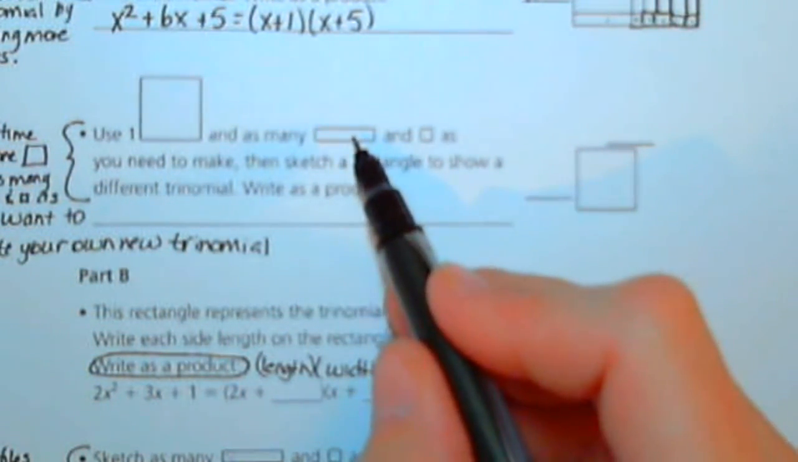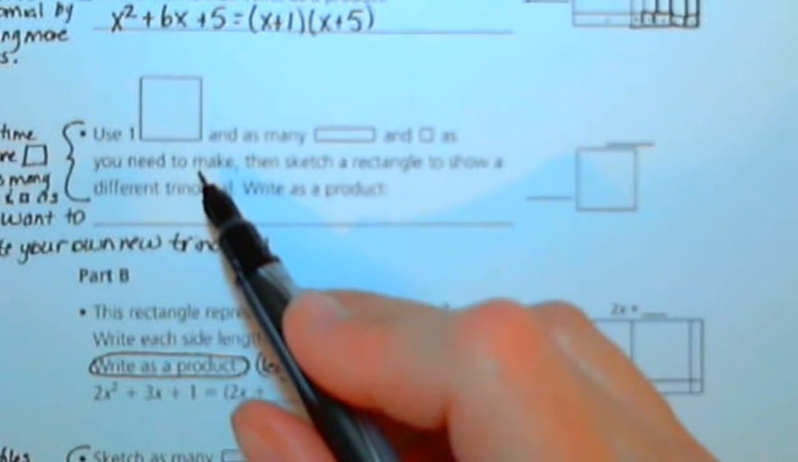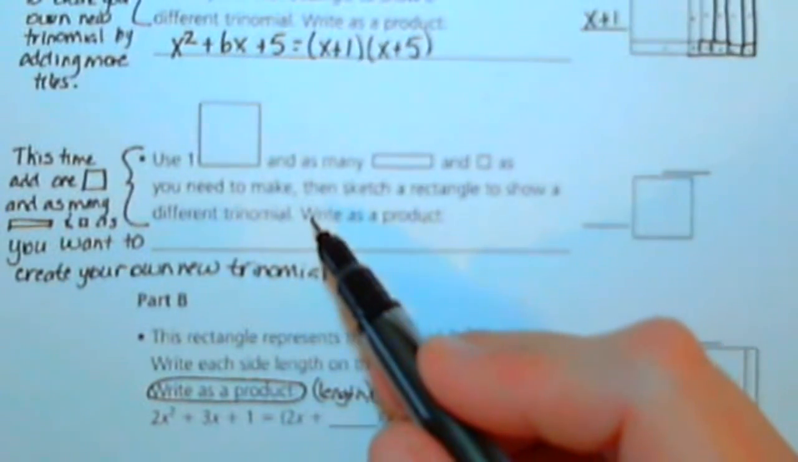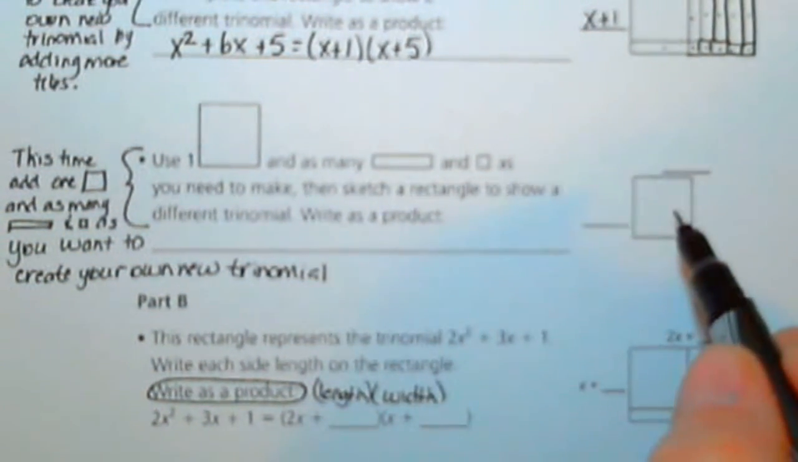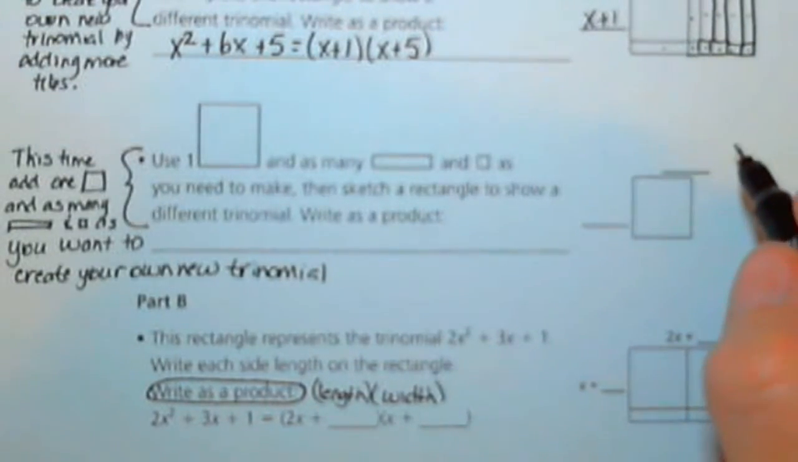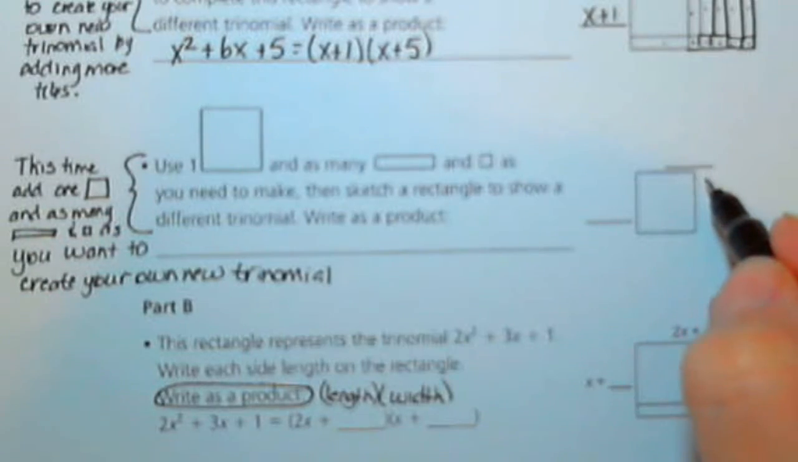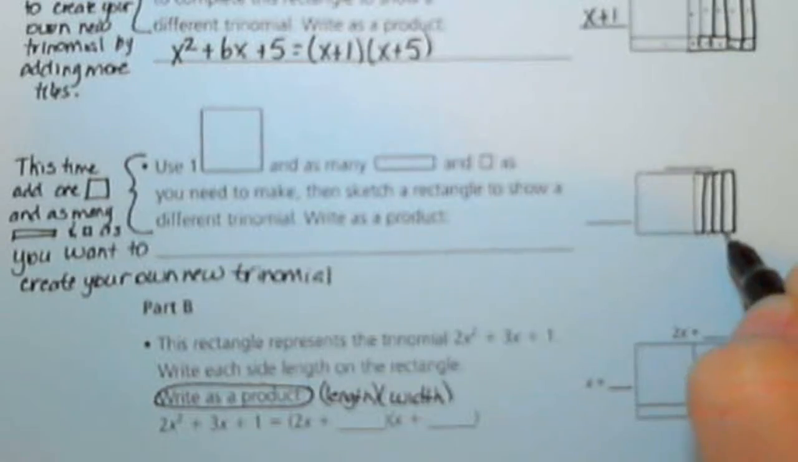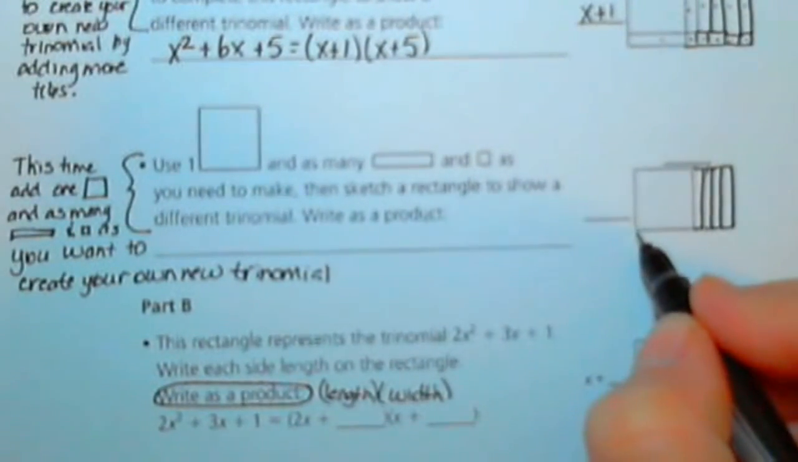All right, next one says, use one of these x squared tiles, which is already given to us, and as many x tiles and 1 tiles as you need, then sketch a rectangle to show a different trinomial. The wording of this isn't great, but basically we're going to build on him and add some x's and some 1's to make whatever trinomial we feel like. So I'm actually going to add, because I feel like it, 1, 2, 3, 4 guys there, and